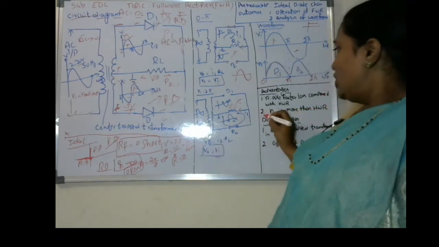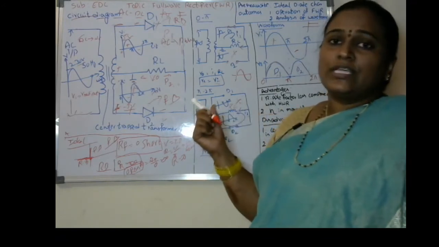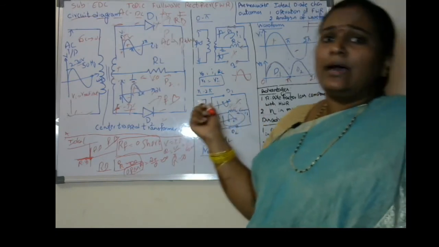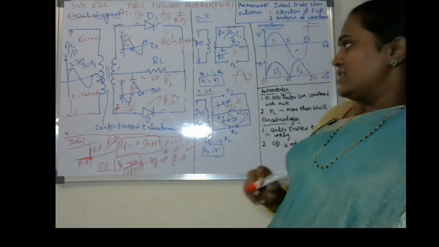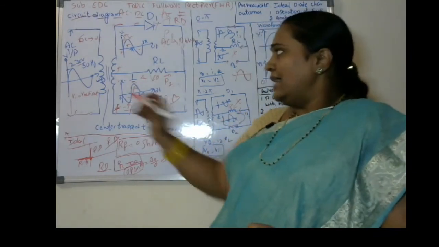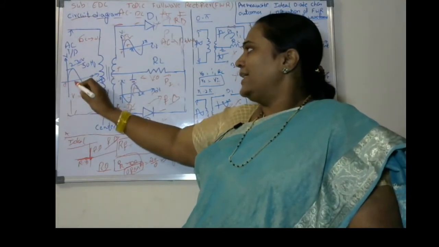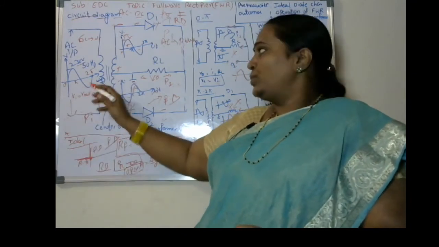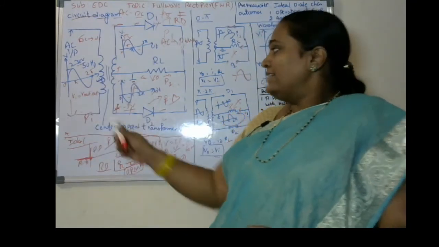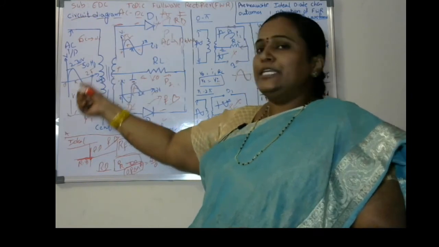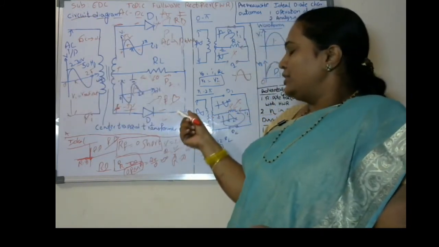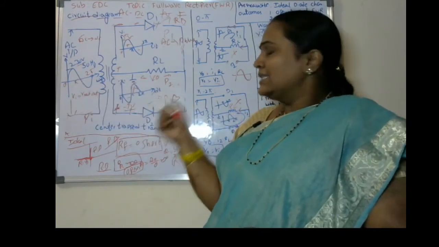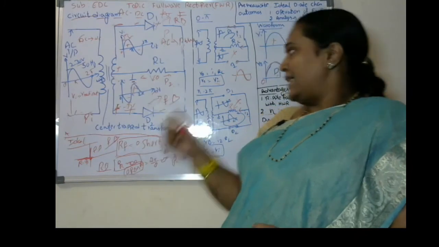The efficiency of the full wave rectifier circuit is higher, nearly 80%. So the efficiency is more than that of the half wave rectifier circuit. Why do we get more efficiency? Because I have the cycle for 0 to pi and pi to 2 pi, so I am applying the input power from 0 to pi and pi to 2 pi. Whatever cycle of input I apply, the same output I get for those cycles. I get output for the full cycle, so the efficiency of the full wave rectifier circuit increases.